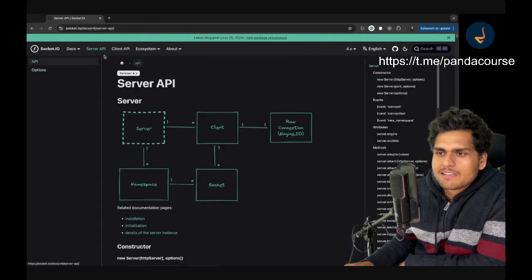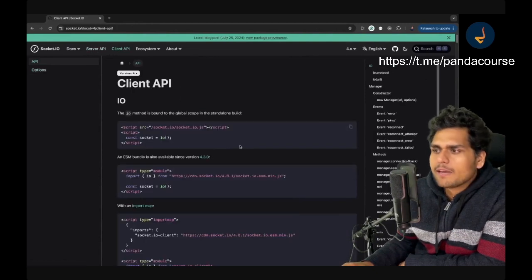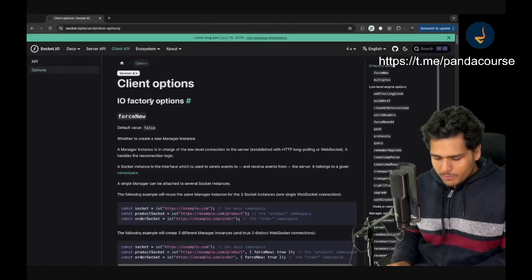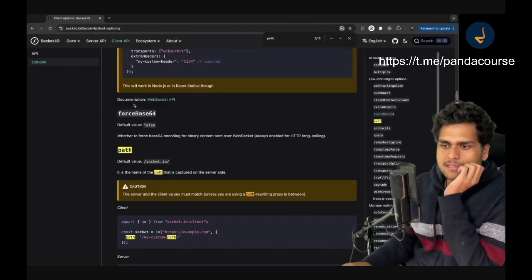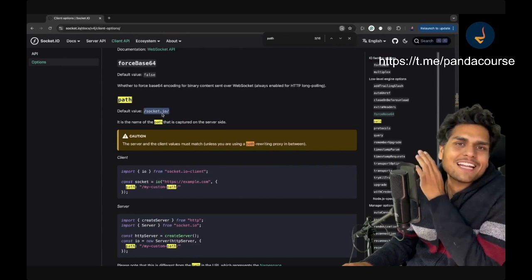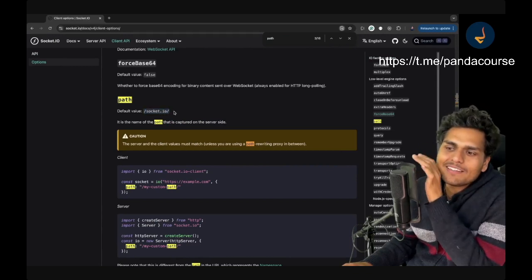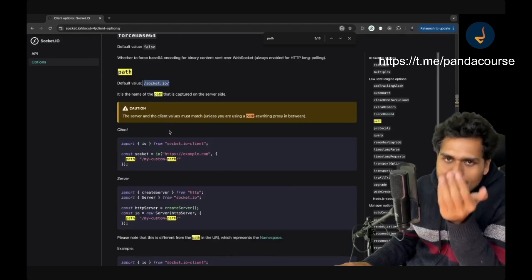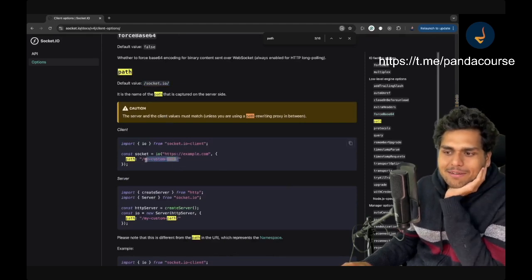And the major reason was, see, in the client API, if you see how to set the path, you'll see in the options there is an option path, right? See this. The default value of the path is /socket.io. That is why everything that happens inside WebSocket happens in socket.io. Okay. And suppose you want to change to some custom path, so you have to basically give it like this,